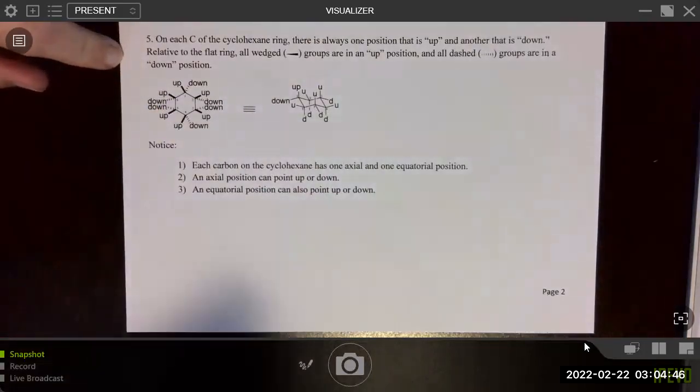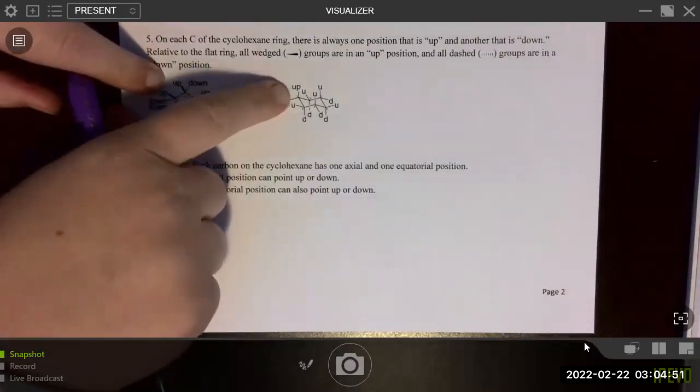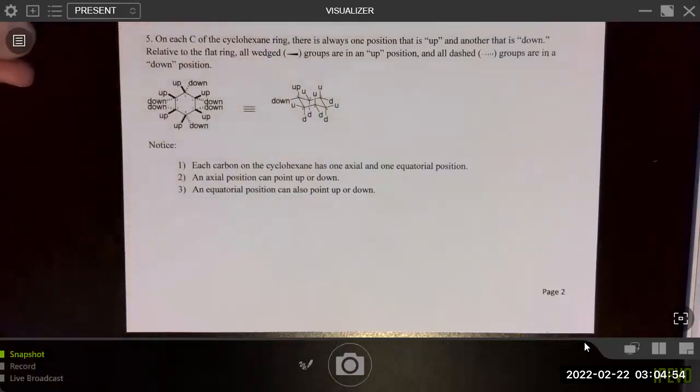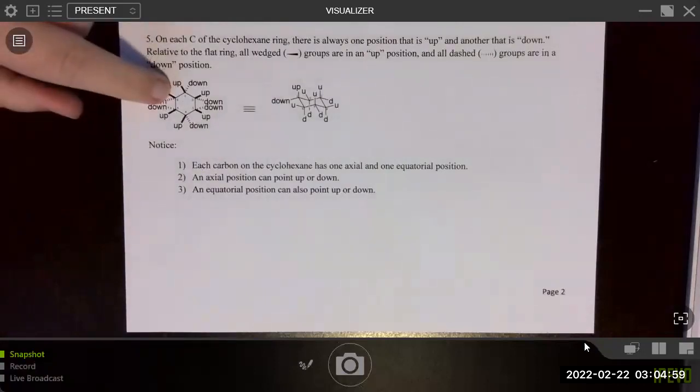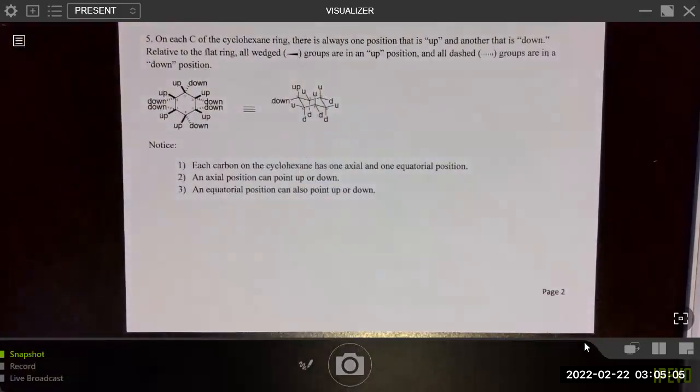So if we have to go between the two, we know that if we have a group on a wedge, we should make sure to put it in an up position as opposed to a down position, because you actually won't draw the correct structure if you put a group that is on a wedge in one of the down positions. Because remember that up is always up, right? So regardless of the chair conformation, if it's in an up position, it's always in an up position. You can't just flip those two groups. And the reason for that has to do with something called stereochemistry, which we'll talk more about in chapter 5.